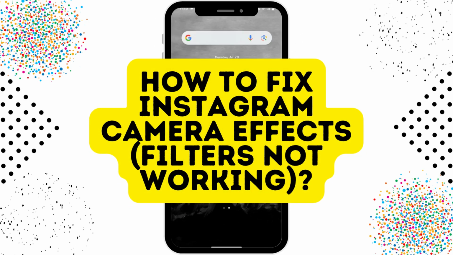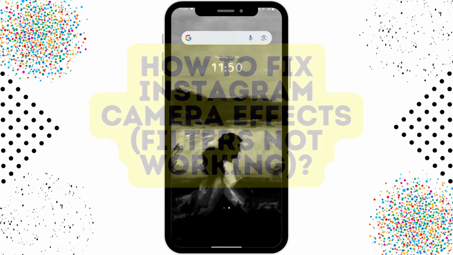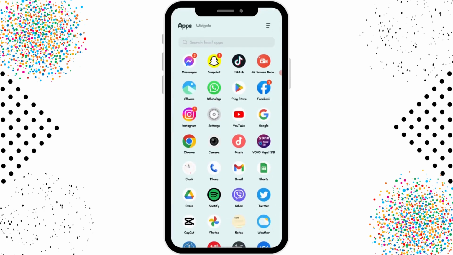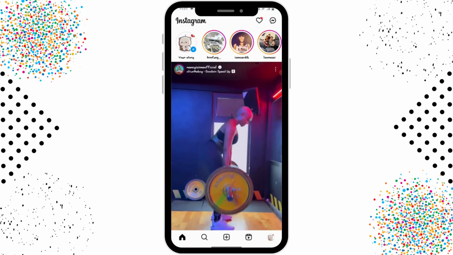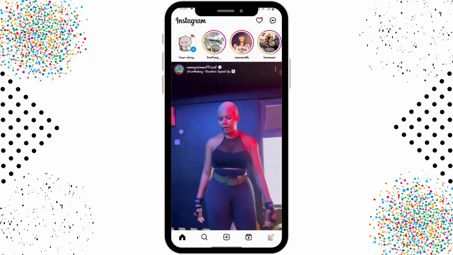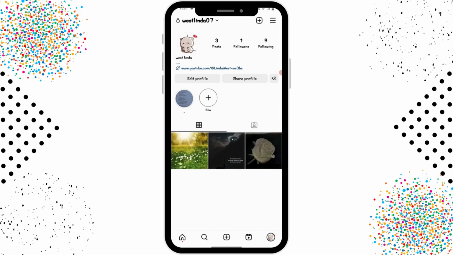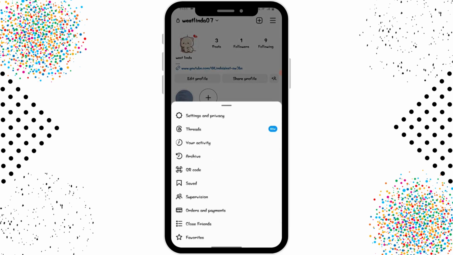How to fix Instagram camera effects or filters not working. So if you're facing a problem with the Instagram camera effects or filters, then first of all you have to open up your Instagram, and after opening your Instagram you can go to your profile, which is on the bottom right corner, and then you can go to the upper right corner, which has the 3-bar icon, and then settings and